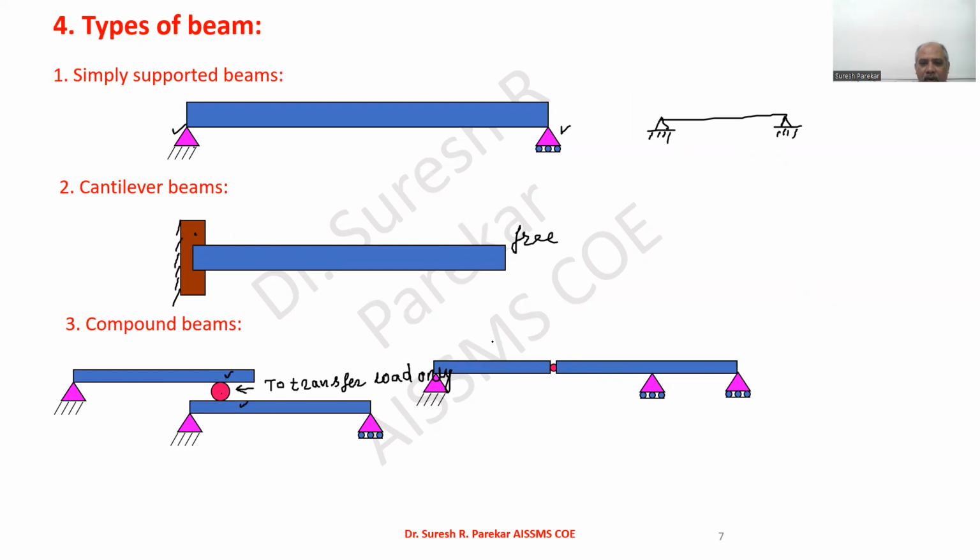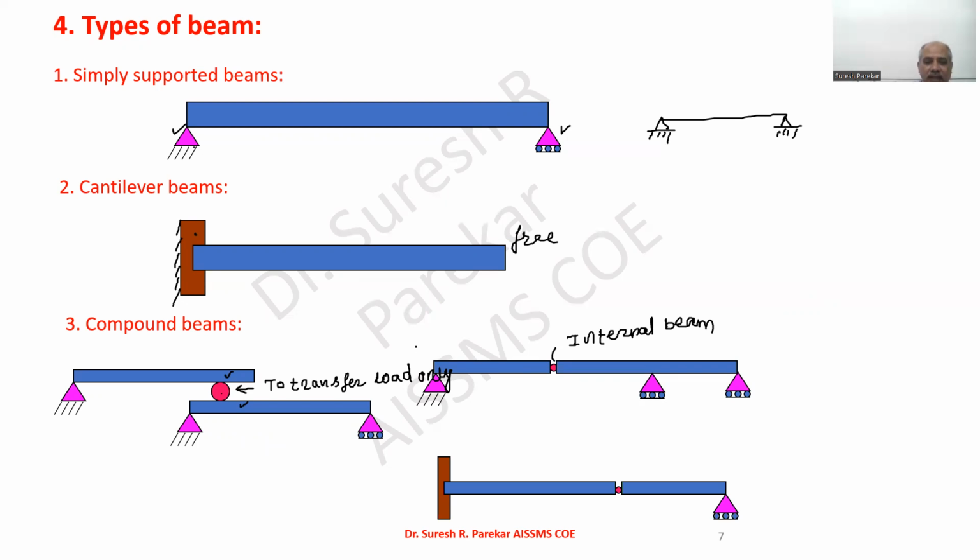So if you have more load on one beam, then by using an internal hinge, we can transfer this to another beam. So these are the media actually to transfer the load of one member to the other member. So you can have it like this also. So you can see here we have